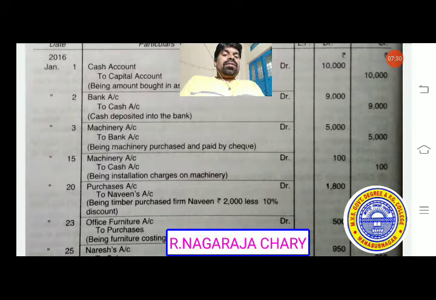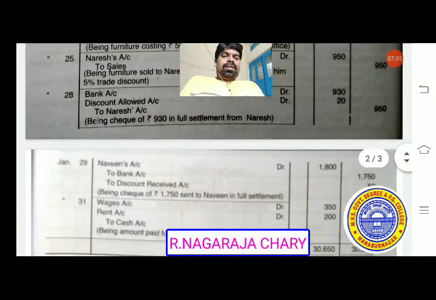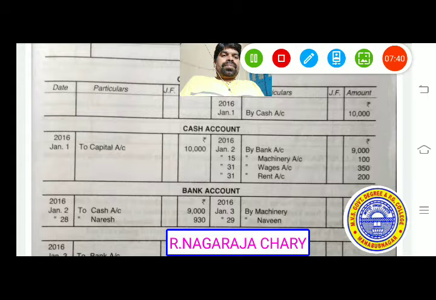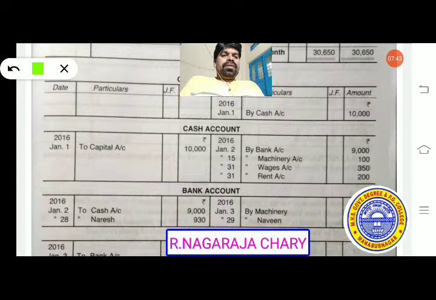On the credit side, in the cash account, you have to write "by bank account", that is a posting. So on January 2nd, in the cash account we write by bank account, that is 9,000. So you see on the cash account that is 9,000, right? Two aspects are recorded in two accounts, one is the cash account, another one is the bank account, right?